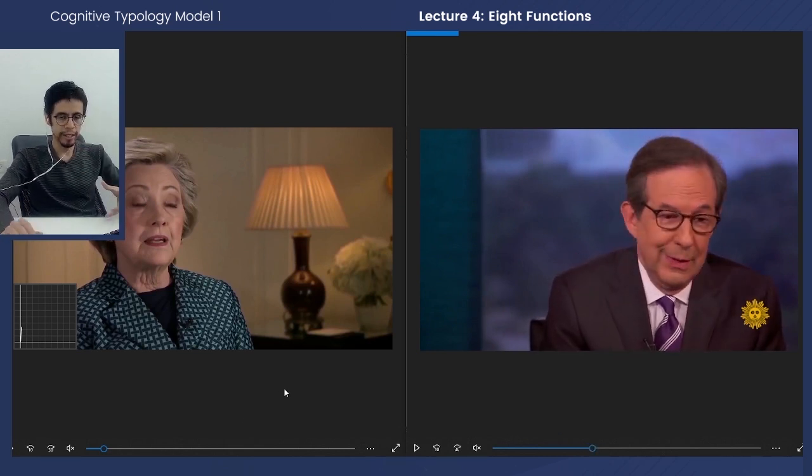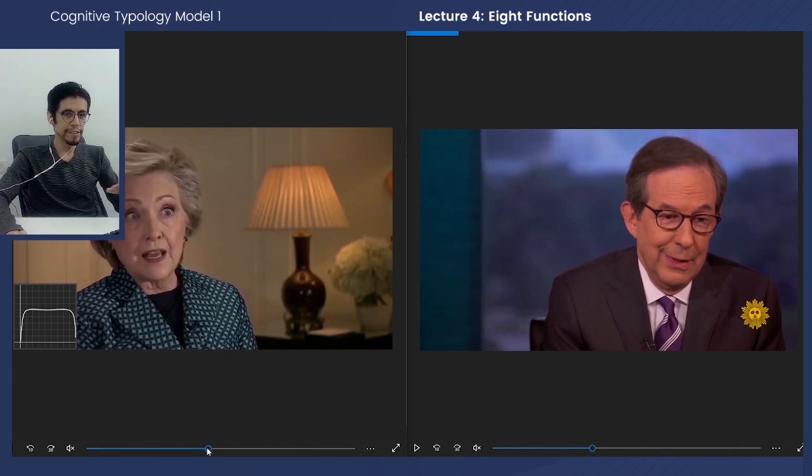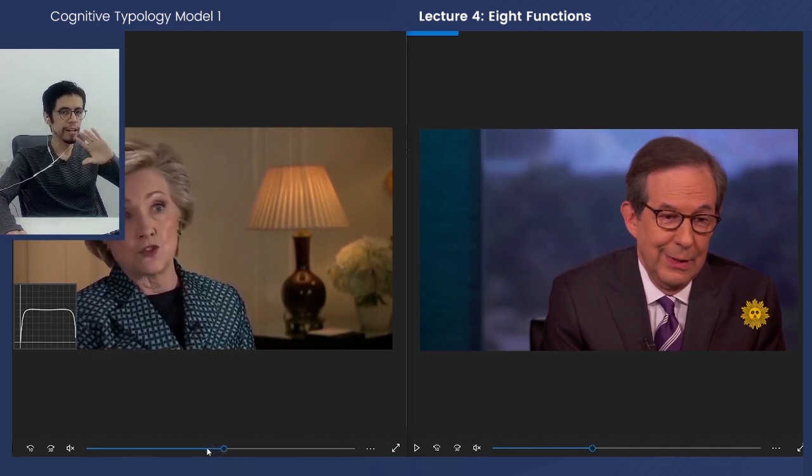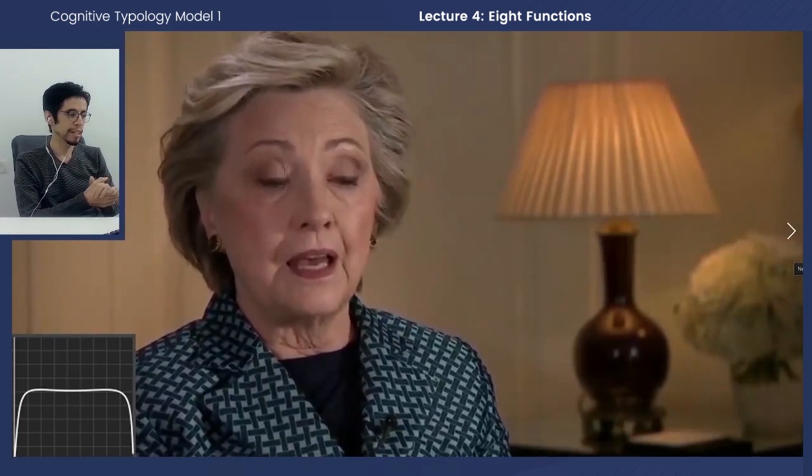There's no swelling, there's no charming, enveloping aspect that we saw with the other 2 samples. Neither do we see it here with Hillary. There's this kind of linear, non-parabolic arc, which is actually represented here by the graph. So in this graph next to Hillary Clinton, what I'm depicting is the velocity pattern of her head movements. When the graph is at the bottom, it means that she is still, and when it goes up, her head shakes are picking up velocity. Once they reach a certain velocity, they continue at that velocity until they drop off.